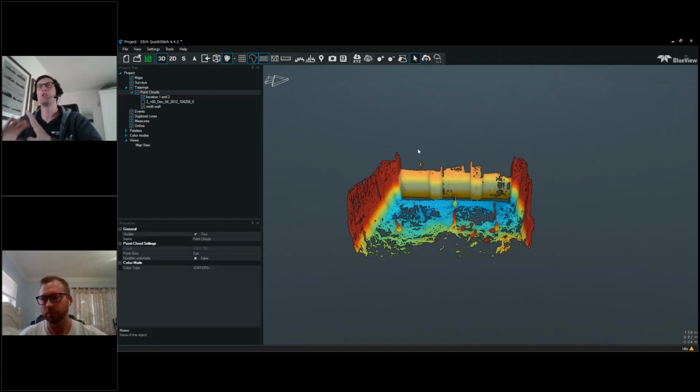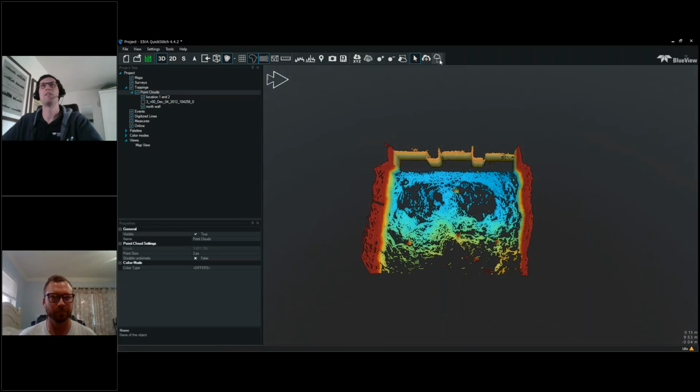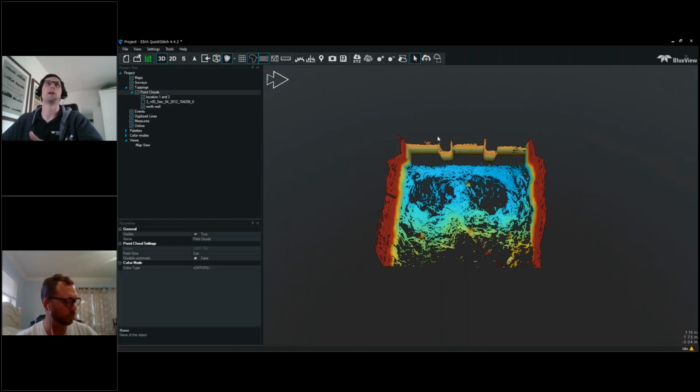So this is approaching where we would give our final deliverable. This is, in my opinion, not a final deliverable because it's been a quick training of this. I would obviously spend more time on this point cloud. But at this point, if we did want to make a deliverable, of course, if we did want to export the point cloud,